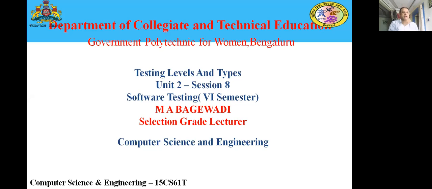This unit carries around 25 marks. Unit number 1 was also 25 marks. So each unit carries 25 marks, 50 marks for unit 1 and unit 2. With this, we have completed unit number 2. If you have any doubts, you can ask me now, or in the next class, after going through the entire chapter. I've shared the notes, I suppose.